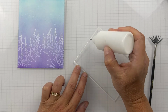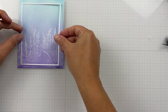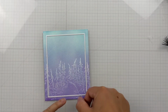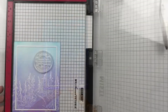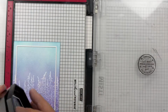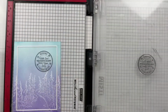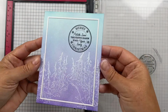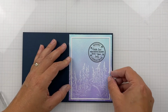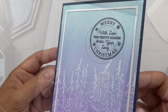Little liquid glue. This frame I cut out from, I have these frame dies that give you a rectangle and a frame, a nice thin frame, and they're from Ellen Hudson. And I thought that would be really pretty to frame this in, and with that shimmery white cardstock. And then this is from the Holiday Seals stamp set, inked up with the Eclipse Black 3 times, and adding it to an A2 size navy blue